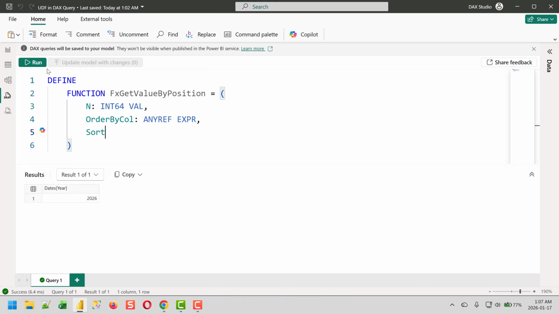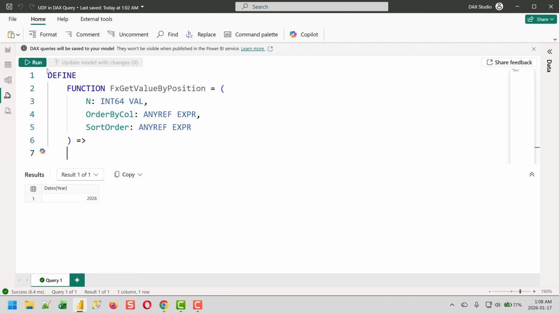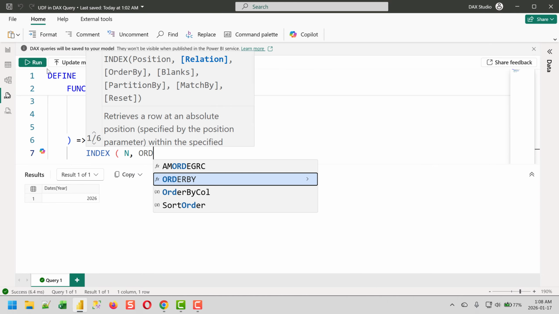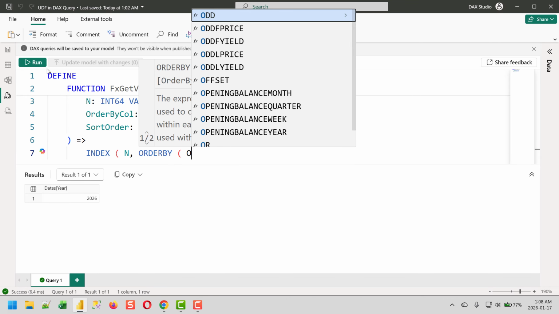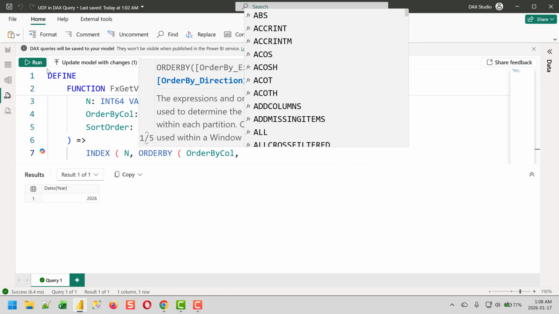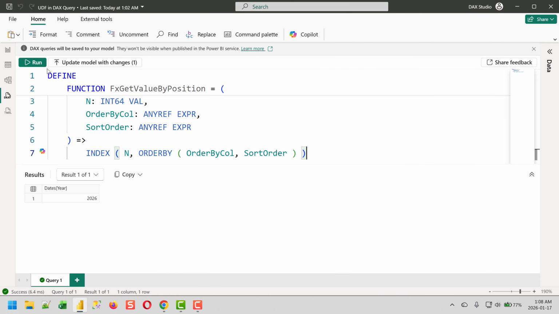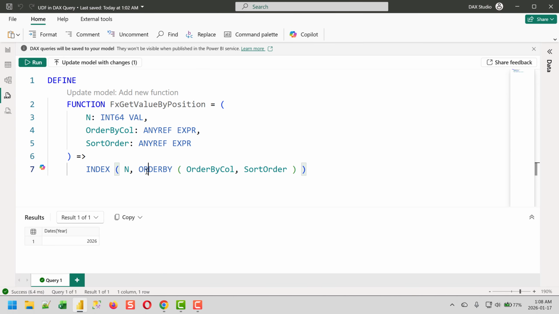So this one is going to be sortOrder, and let's write that anyref because we are going to pass in a reference to an object that is available inside DAX. So we are going to say expr. Finally, to return something, we are going to use the equal to and greater than symbol, and then we are going to write INDEX(n, ORDERBY(orderByCol, sortOrder)). So let's close that,